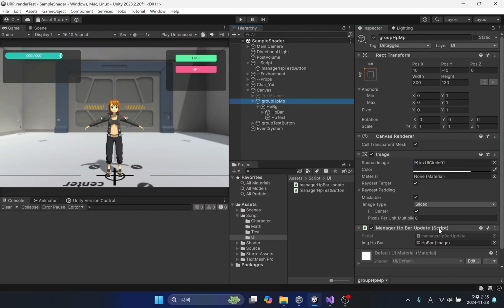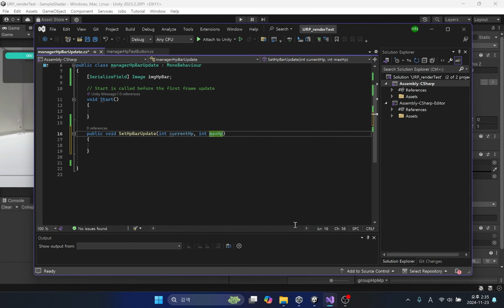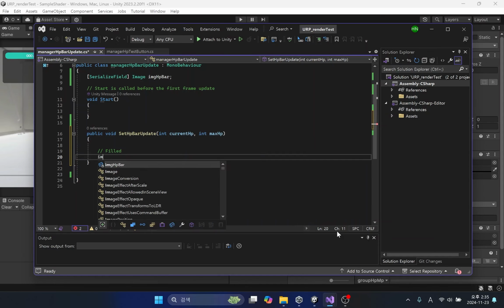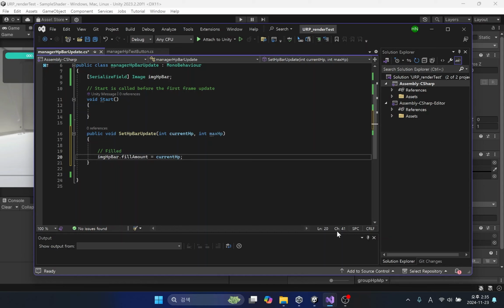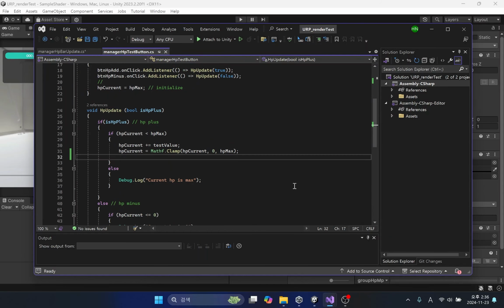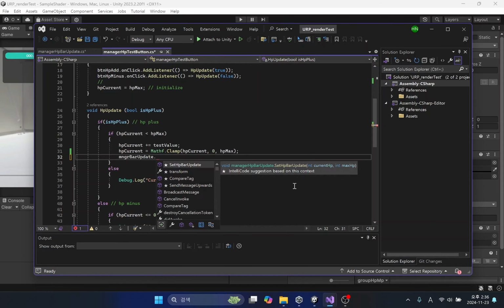Let's change the length of the HP bar by changing the fill amount value in the image. Now let's write the code that calls the function.